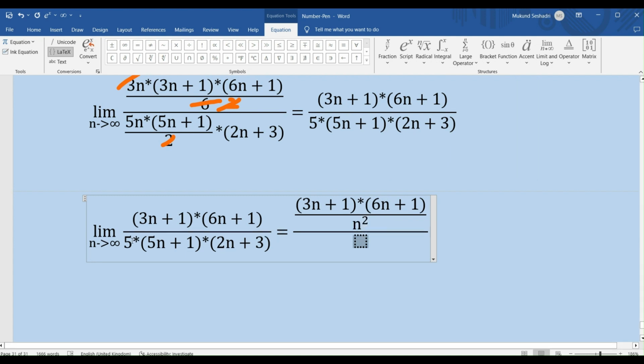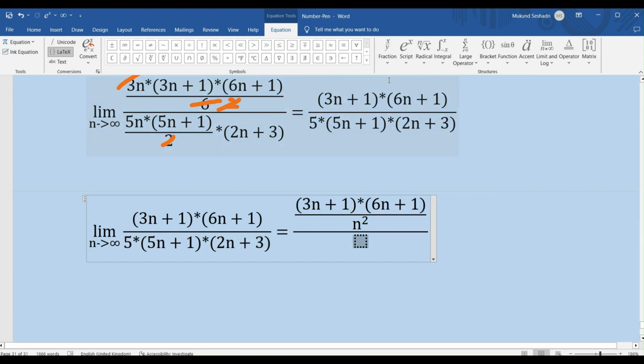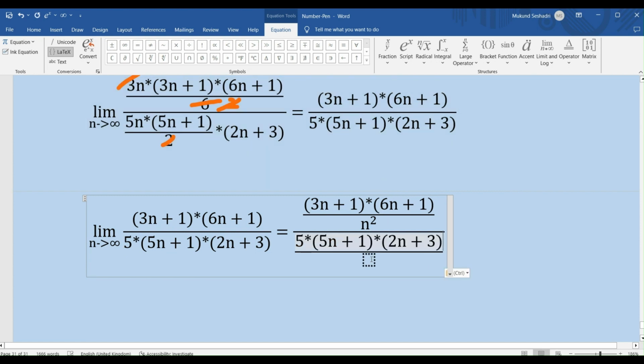And similarly, I'm going to copy the denominator as it is, and have n square out here, right? So I know that n square equals n into n, right? So all that I do is